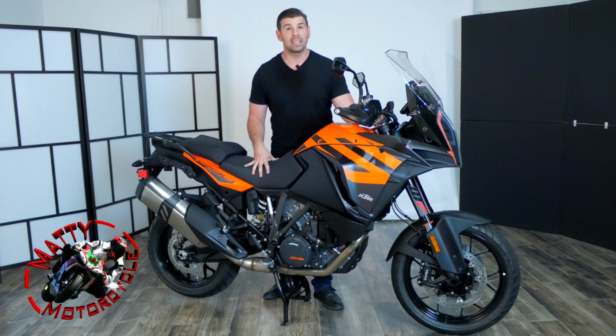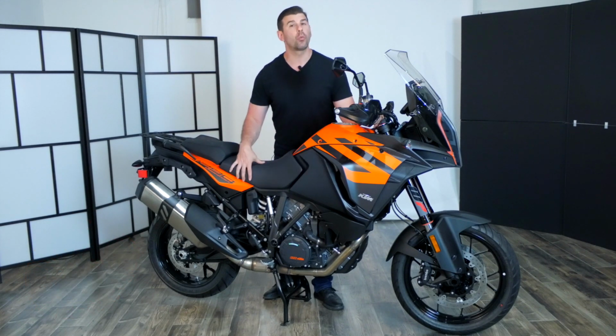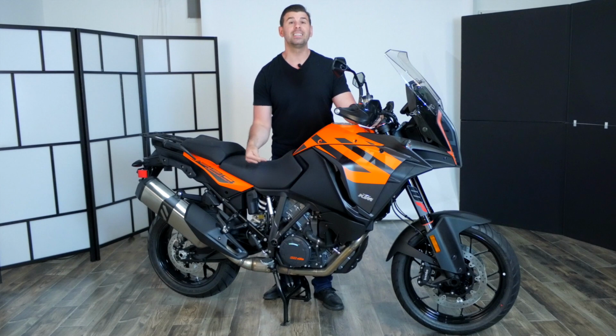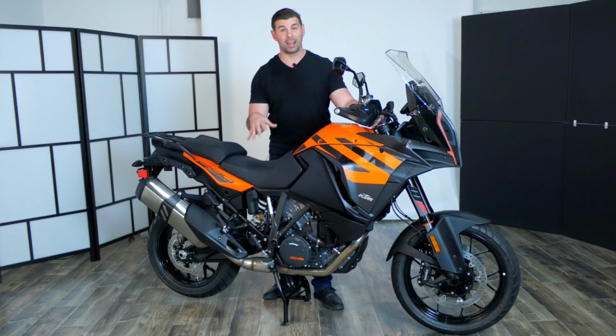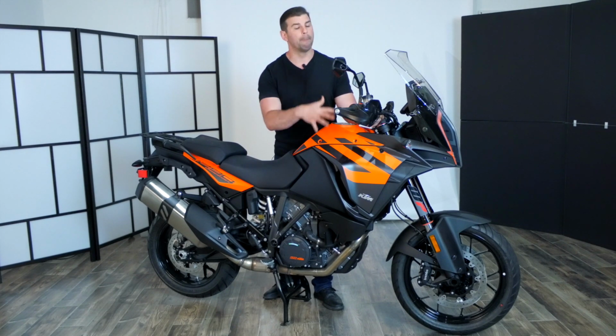So before we get rolling, let's talk about the stats. This is the Super Adventure S model. We have 524 pounds wet. Now, yes, this is big, but for the size and the class of motorcycle this is in, that's very lightweight. Then 1,301 ccs of power. This has the V-twin, not exactly coming out of the Super Duke, but definitely its really close cousin. 160 horsepower, 103 foot-pounds of torque. To any of my guys out there, that's a lot. Then you've got a 6-gallon tank getting about 43 miles per gallon,